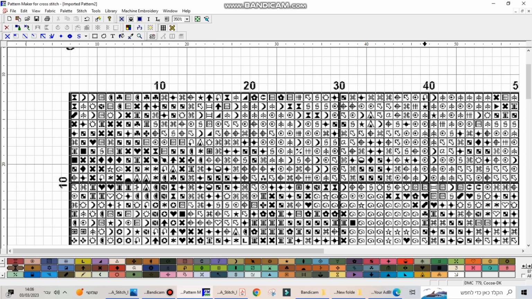Now you have a lot of choices here. You have the full cross, the 1/3, the half cross, the beading. You have a lot of options in this program, a crazy amount of options, so you can choose whatever it is that you want to do yourself. But we're choosing a symbol like the first one, the hourglass. You can see that I am coloring on top of the chart, and that's just what we're going to be doing. It will take forever, especially with a chart like this,